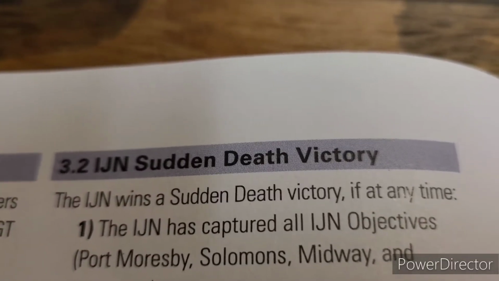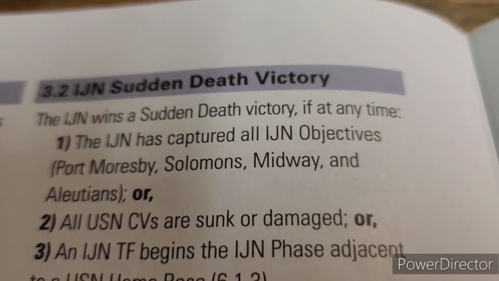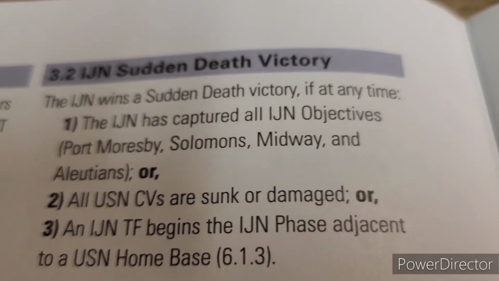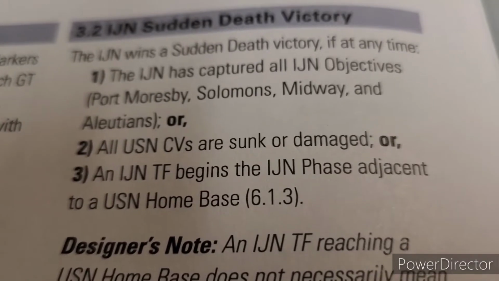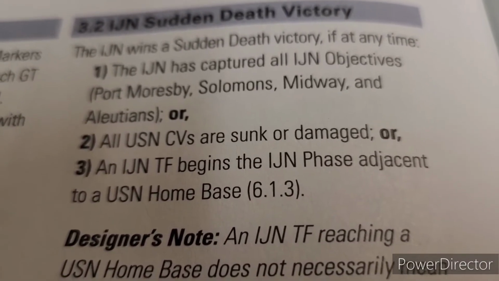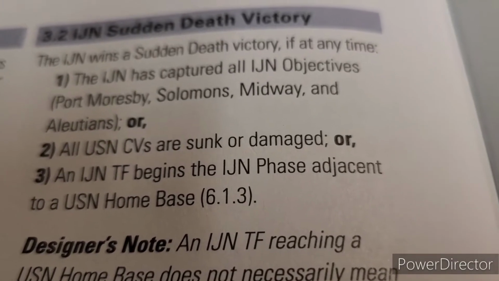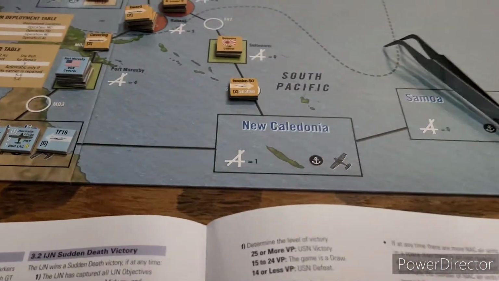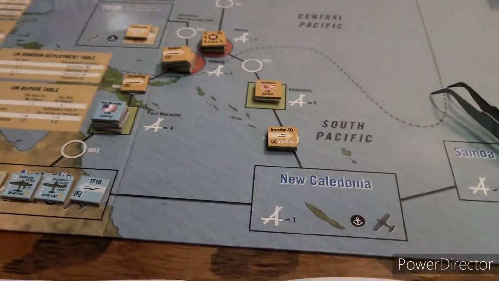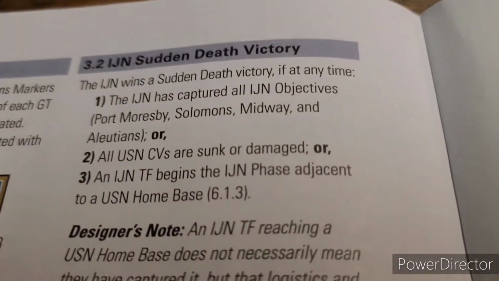Alright, Imperial Japanese Navy sudden death victory. The Imperial Japanese Navy wins a sudden death victory if at any time, blah, blah, blah. Down to number 3. An Imperial Japanese Navy Task Force begins the Imperial Japanese Navy phase adjacent to a U.S. home base. So he's next to it. Next turn, if he's next to it, we're done. So I got to get somebody over there. We're a little bit on the safe side. Let's go into this a little bit deeper. It tells us to look at